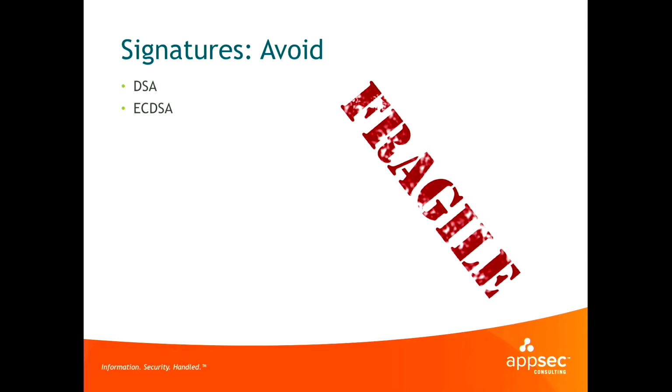Sony, for example, learned the hard way that this is a problem. The software signing key for the PlayStation 3 was leaked as a result of a bad random number generator. A substantial number of bitcoins have been stolen over the years because of these algorithms and a bad random number generator. Somebody was able to compute the private key. Once they had the private key, they were able to send the bitcoins to themselves, and done. Over.